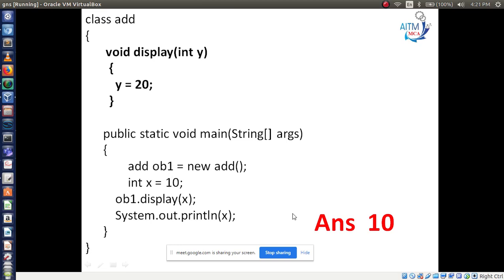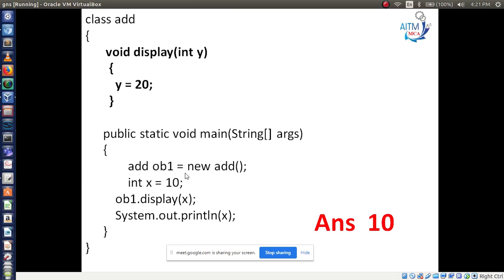It will not change the value. This is used in call by value. Call by value means you are passing the value to another method, but the original value will not be affected. It will take a copy and change that, but your original value will not change. This is call by value.